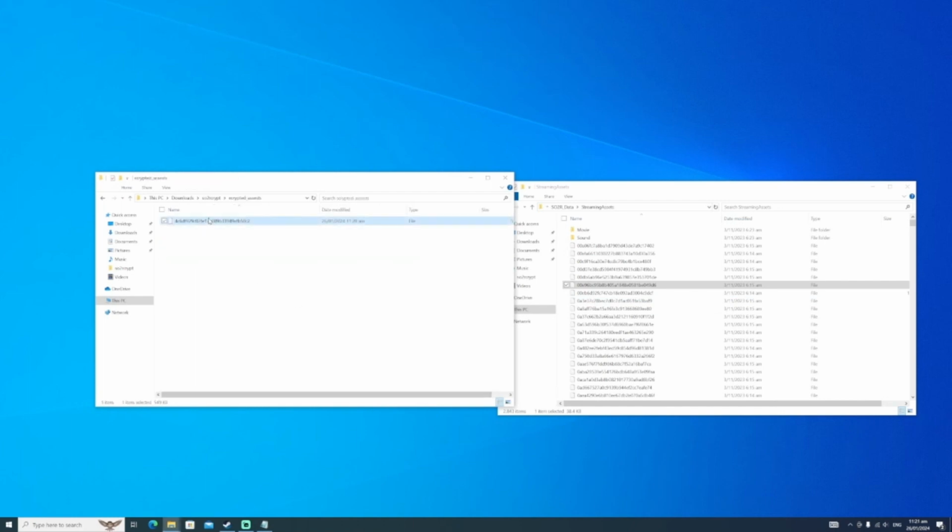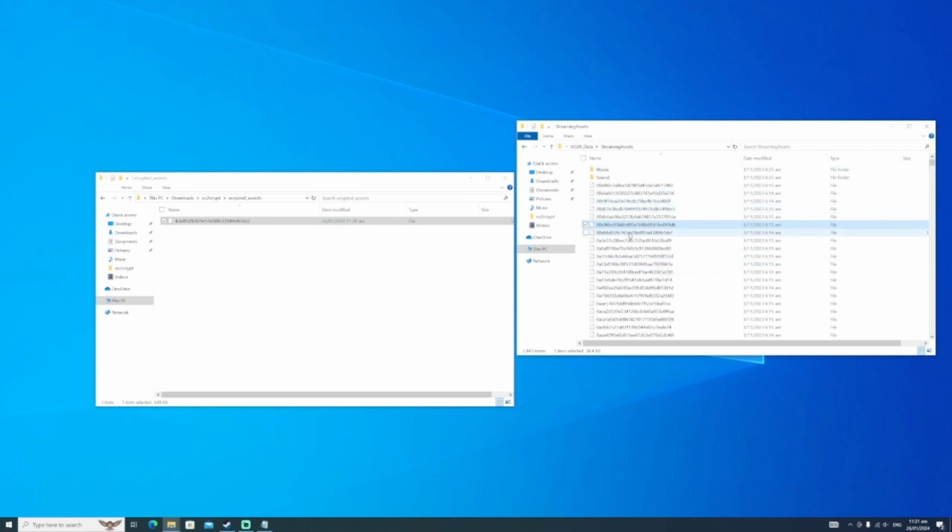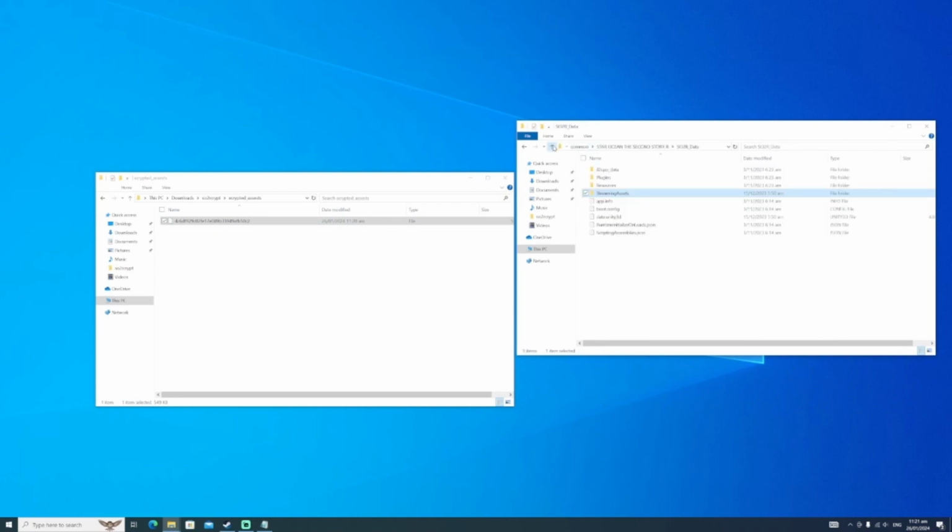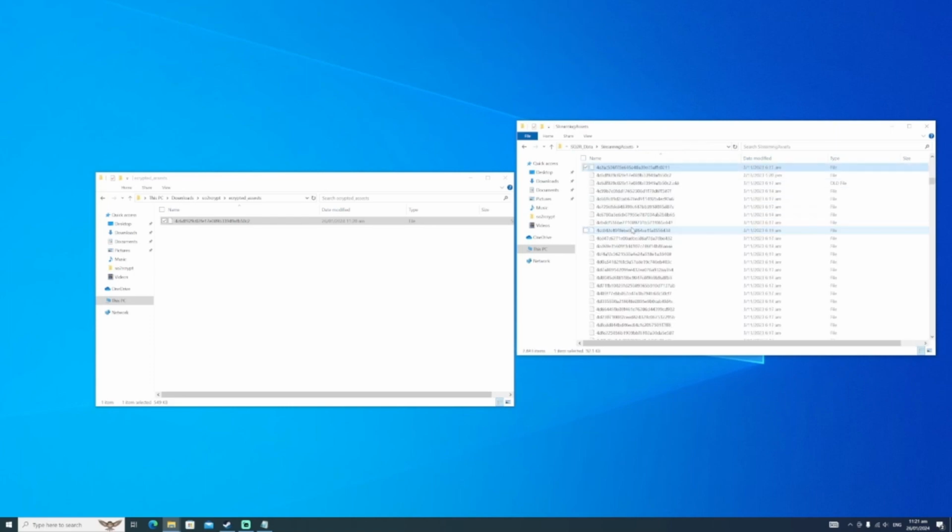we have our encrypted asset, and then if we go to the actual streaming files that are in the game folder, so within that Steam Apps common game folder, and then go to streaming assets, if we look for this one, C6DF, I've already been messing with this one, so I've already got a backup here, but I recommend either making a backup of this entire folder or backing up each individual file as you modify them. So if we just copy this one over the top,